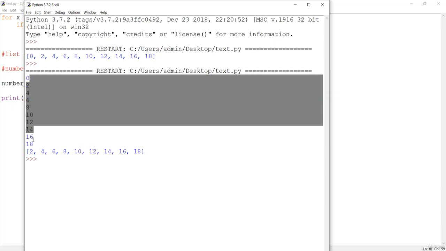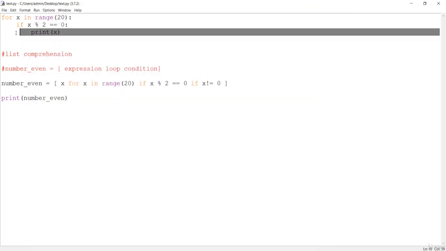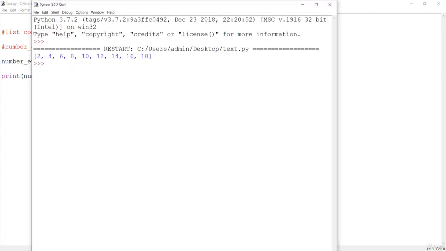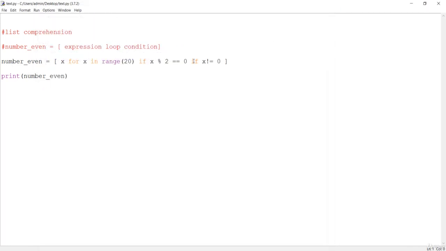So this part was because of the for loop. So let me just remove the for loop again, and let's save this, press F5. Now it will just omit 0 from our list comprehension's result, because we have added the new condition saying to omit that 0. If x is not equal to 0, we'll just say x. If x is equal to 0, we'll just continue with the loop again, doing nothing with the expression.